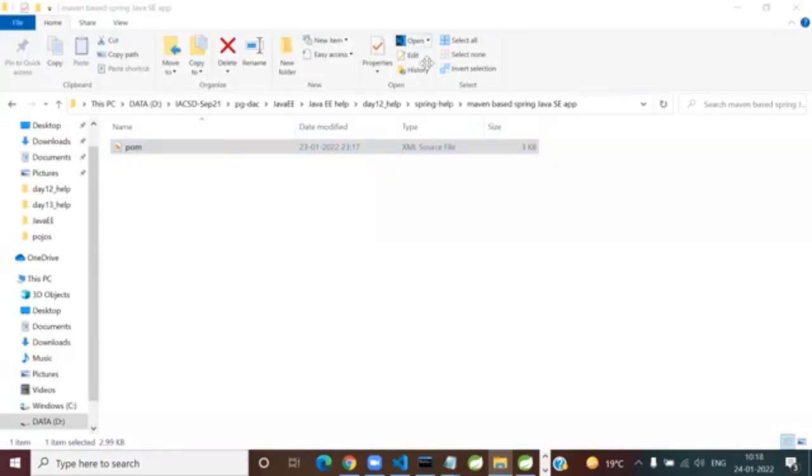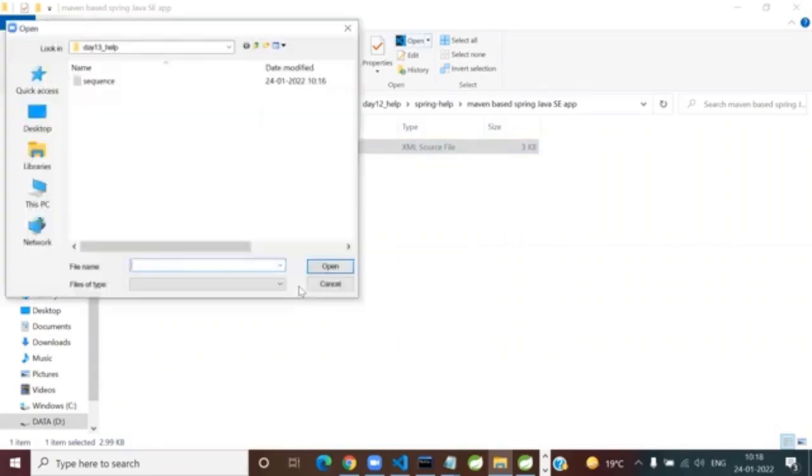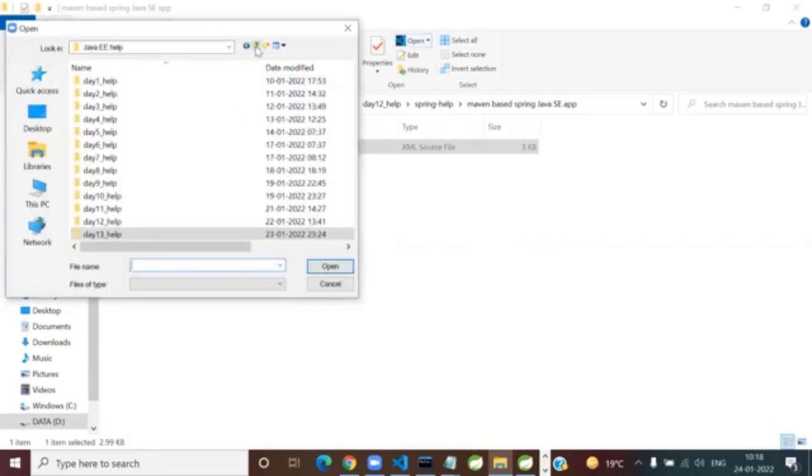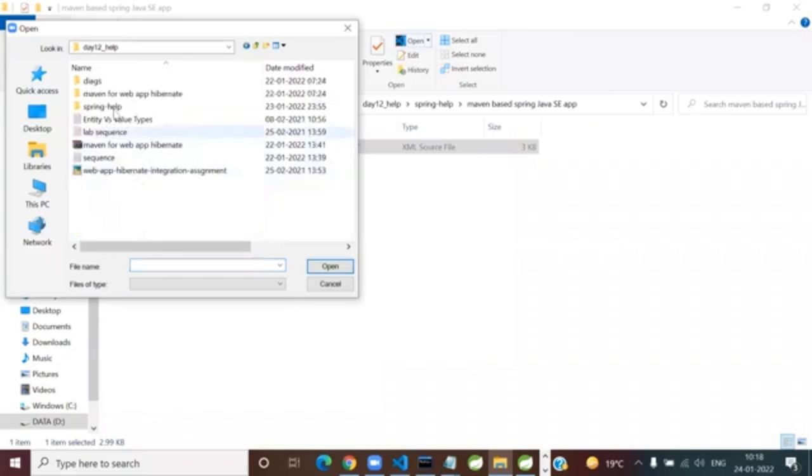I'm not at all saying you stick around. You start downloading the moment I give you this. I'll give you the steps in this. I had shared with you this pom.xml, but I realized that in that pom.xml, the Hibernate jar is 5.4.30, so again a lot of your time will be wasted. Maven based.